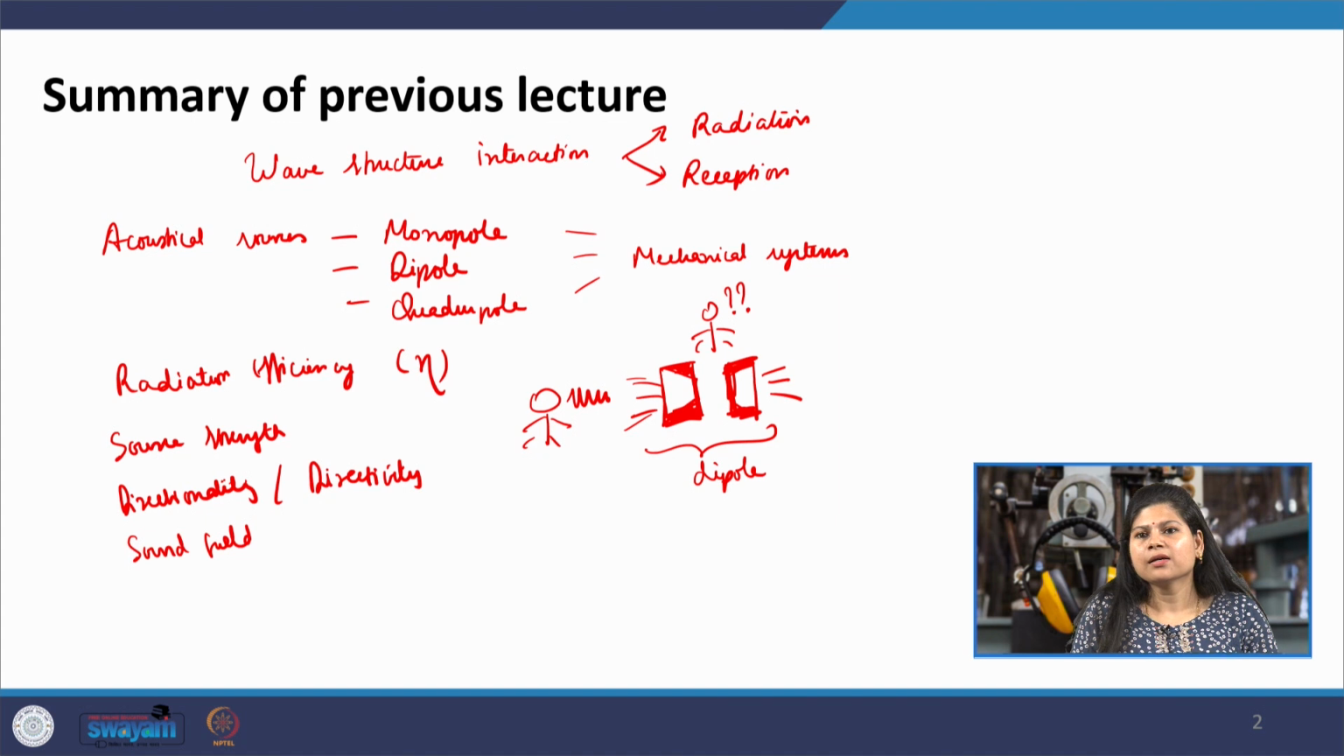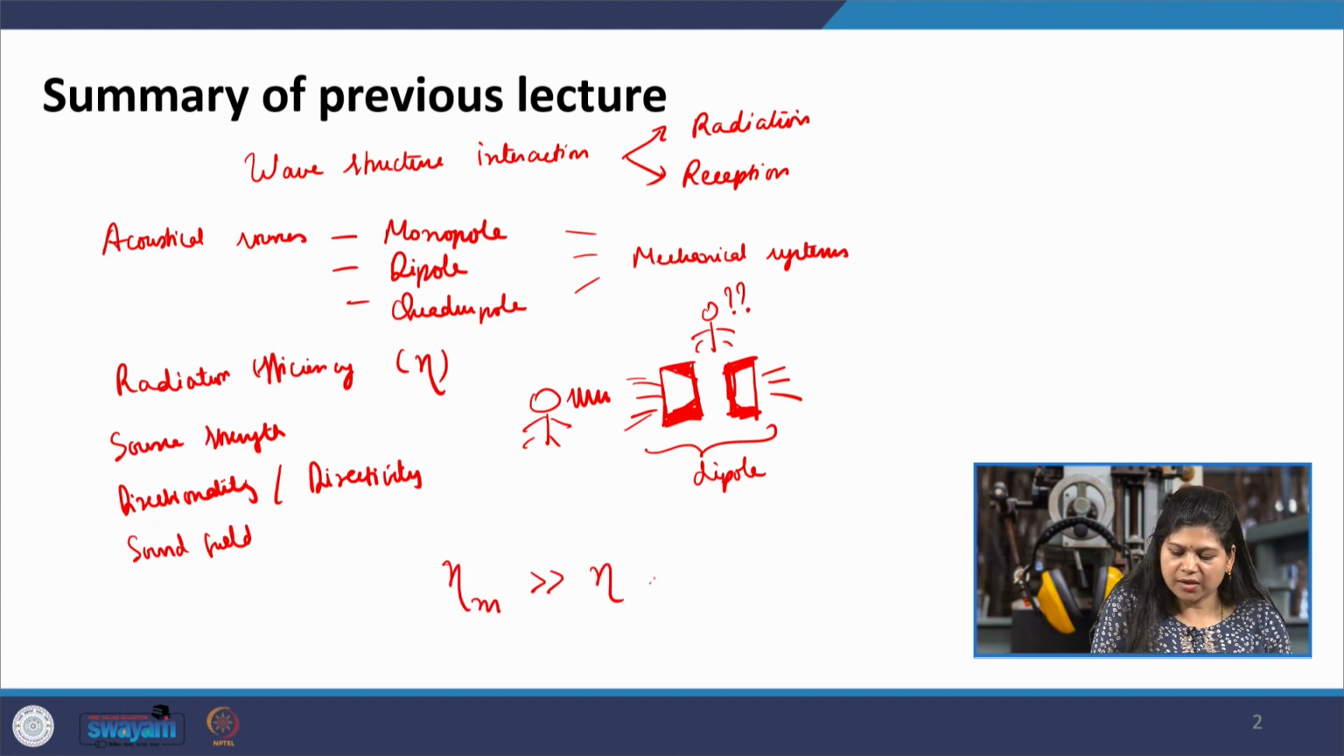Another inference we can draw is this: in the market you get boxed speakers inside cabinets. Why are they popular? Because we studied in the previous lecture that the radiation efficiency of a monopole is much greater than the radiation efficiency of the dipole under reasonable frequency ranges, low to mid frequency ranges, where most of the sound sources are,